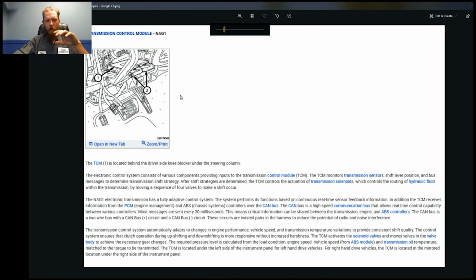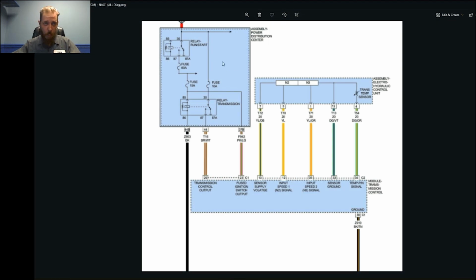So let's take a quick look at the TCM schematic to see why I was not even aware there was a temperature sensor wired in series with the park neutral switch, and why it will matter to us. So if we look here, we have the factory schematic, and here's our electric hydraulic control unit. Here's our trans temperature sensor. Signal goes into the trans controller. And nowhere here,